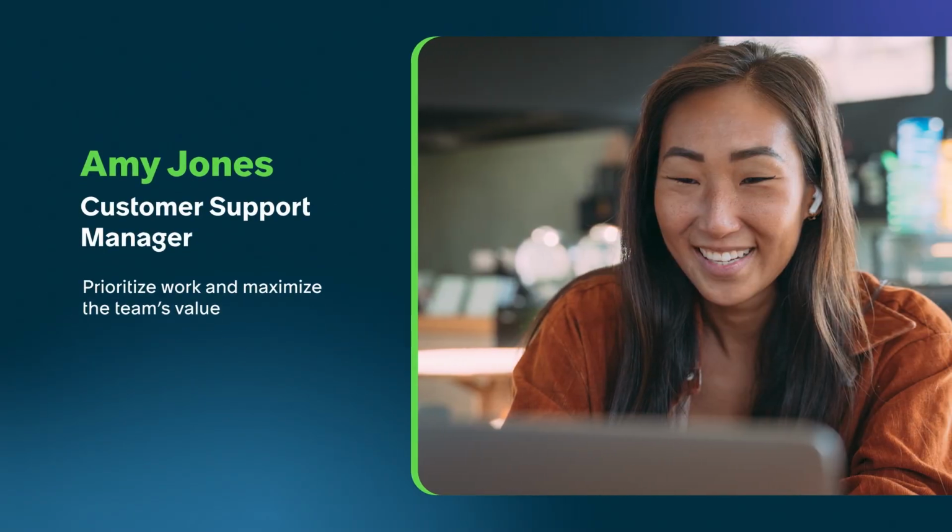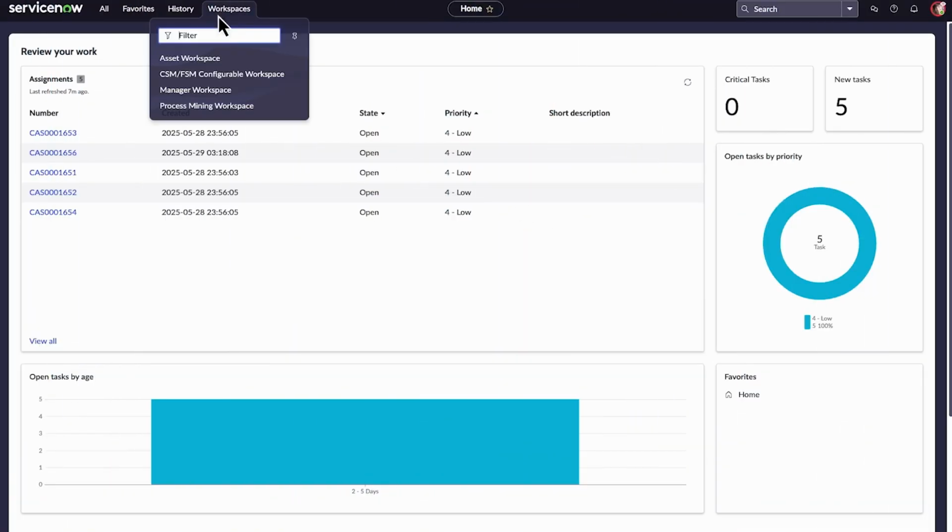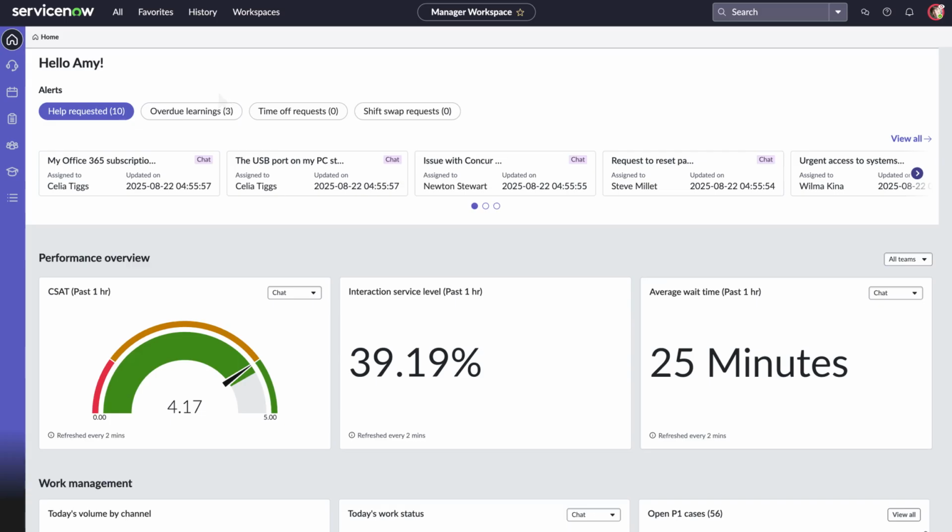Amy Jones is the manager of a customer support team. When she starts her day, she needs to be able to see a real-time assessment of her team and the workload demand they are facing, in order to properly prioritize work and maximize the team's value. The landing page, which can be configured using the UI Builder, provides a real-time overview of the current workload and